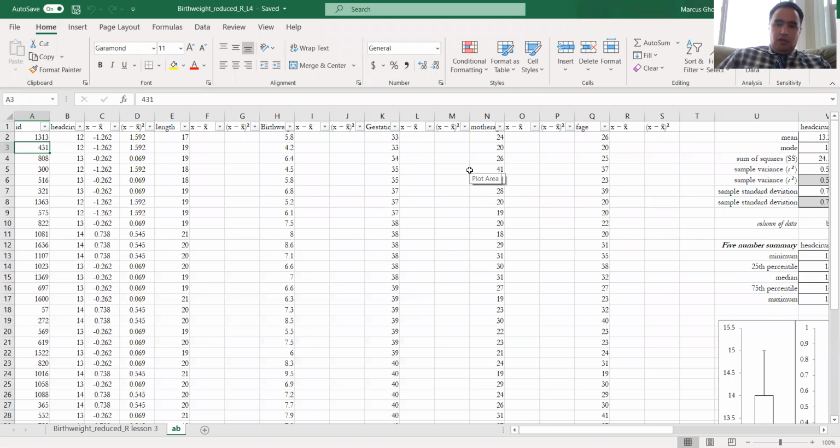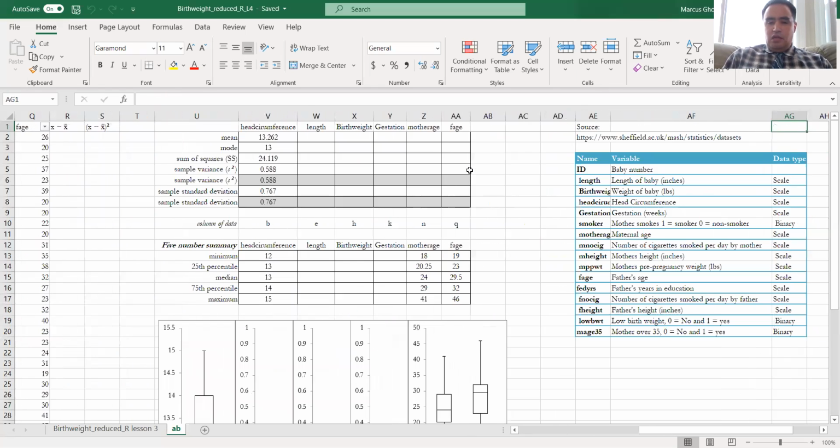by setting this up. There's a person ID, there's head circumference. This data set basically has some information on children that were born. It has some measurements. I don't really know where the children are or who they are. There's some associated ID, but there's a head circumference, a length, birth weight, gestation period for the pregnancy, the mother's age at time of birth, the father's age at time of birth. There are more variables in here, but I just distilled it down to these so that we could do a